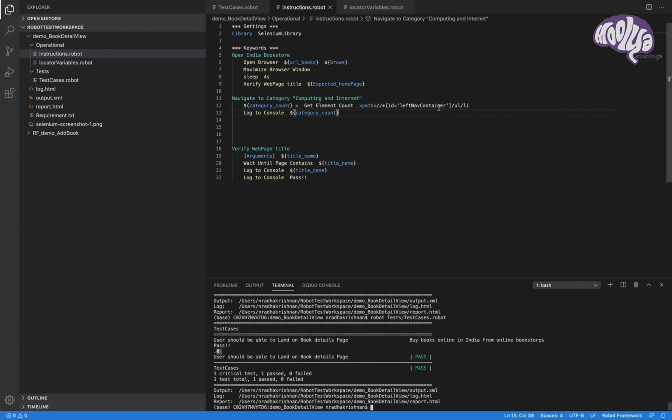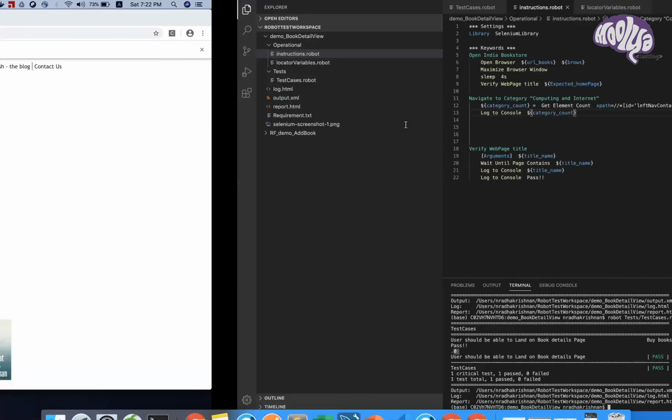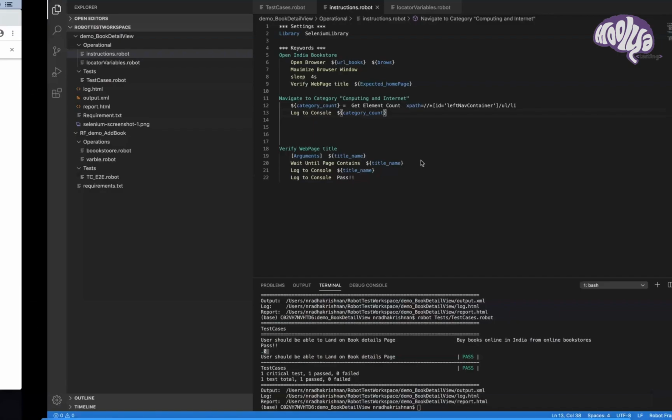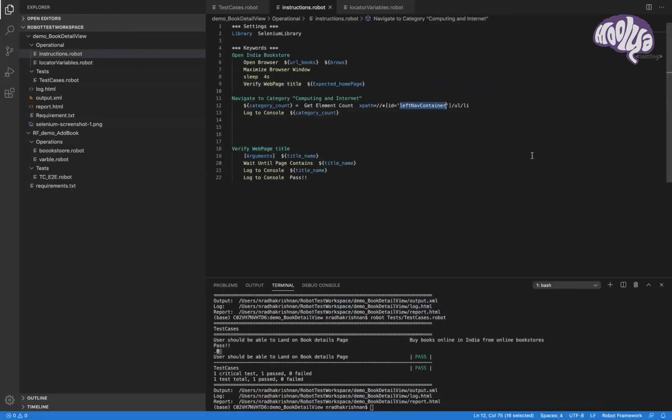I think the element which I shared is a bit wrong. Okay. Let me try to give double quotes. Get element count. Okay, this step is passed, as you see.